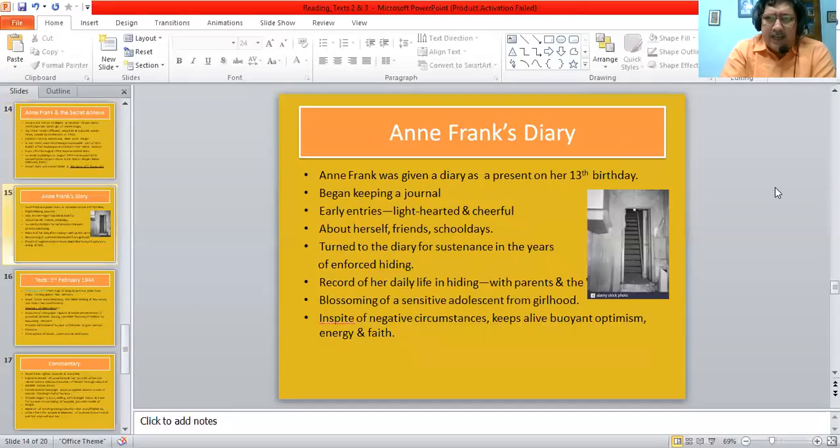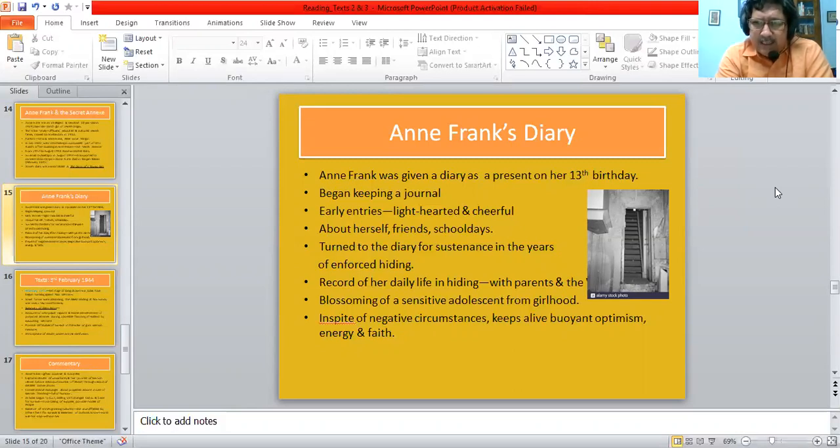Now we shall look at the diary itself. Anne Frank was given a diary as a present on her 13th birthday. She began keeping a journal. The early entries are very light-hearted and cheerful. She talks about herself, her friends, her school days, and during the internment at the secret annex, or rather, when